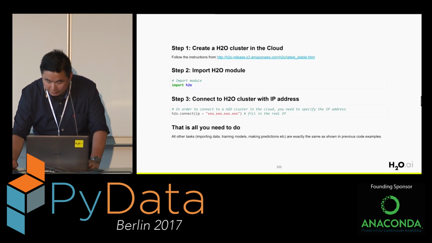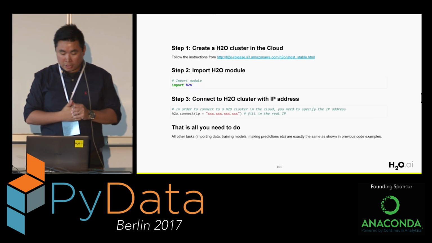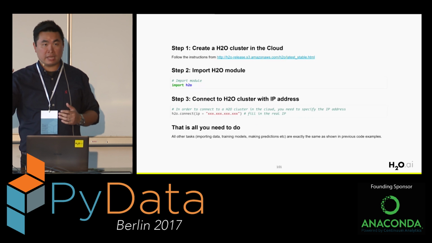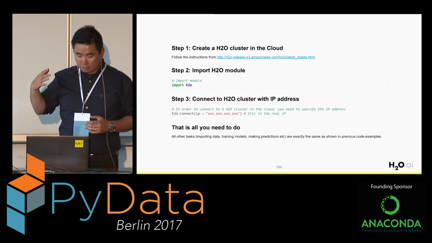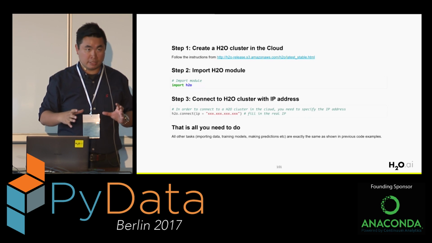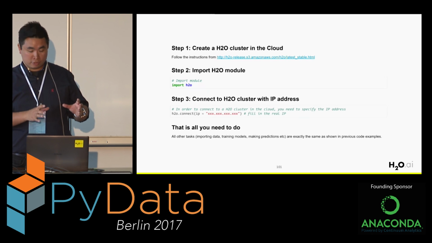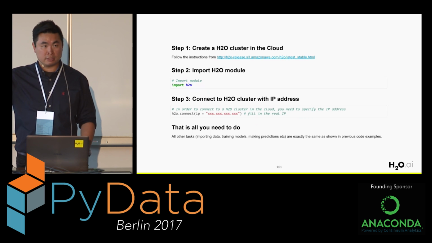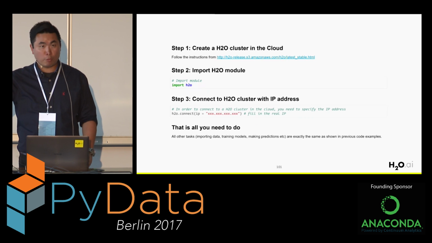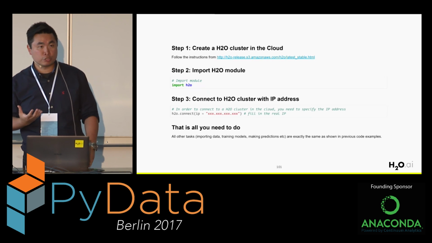So once you have that cluster deployed somewhere on the cloud, all you need to do is supply to H2O the IP address of that machine. So in Python, after you import the H2O module, this time you use the h2o.connect command. You supply the IP address, and then it will use a connection to communicate from your machine to that H2O cluster in the cloud. So you can utilize that more power from the cloud to deal with a much bigger problem. And that's how we do H2O in the cloud.